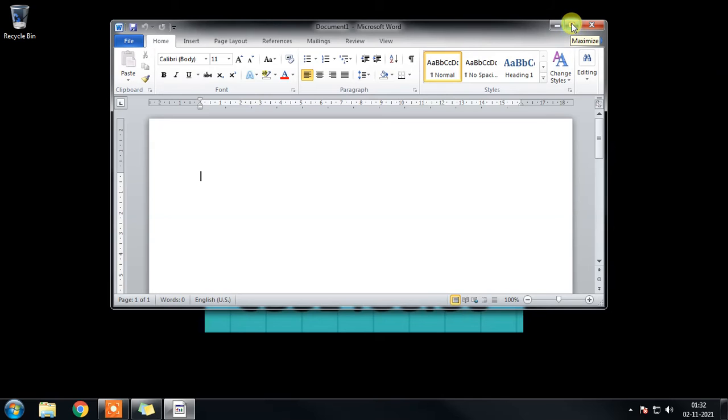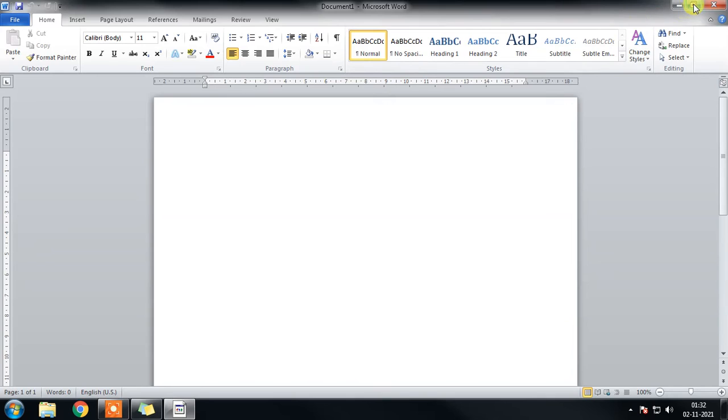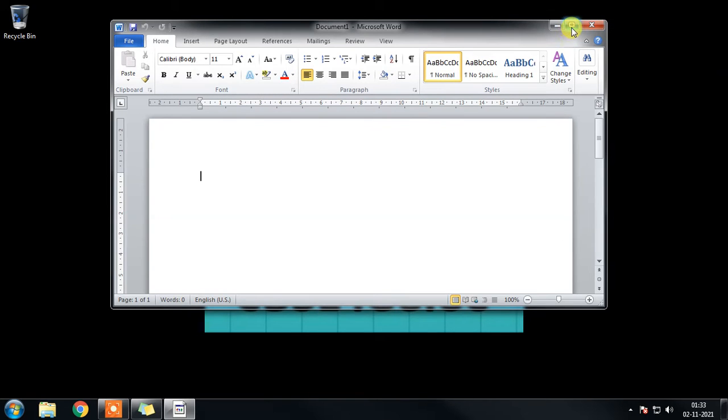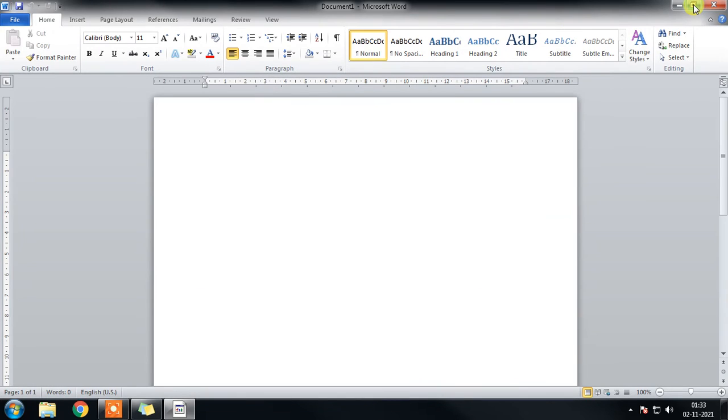So when it is maximized, it shows us the command as restore down, and when you click on it, it changes. In the full screen mode, we see 2 squares. When it is not in full screen mode, we see only 1 square here. 1 square represents maximize, 2 squares represent restore down. Minus represents minimize, and the cross symbol represents close.